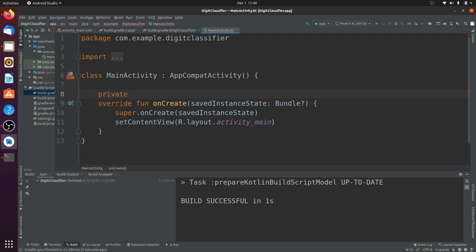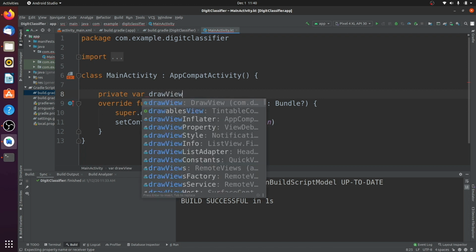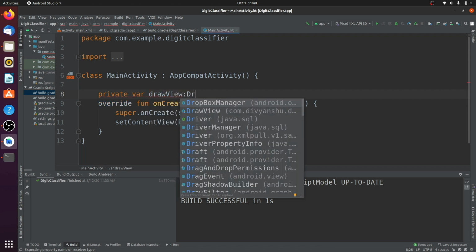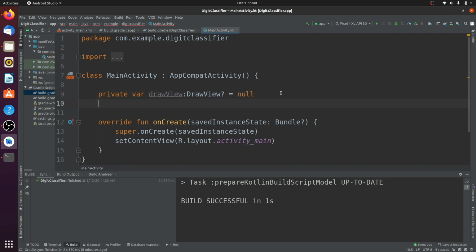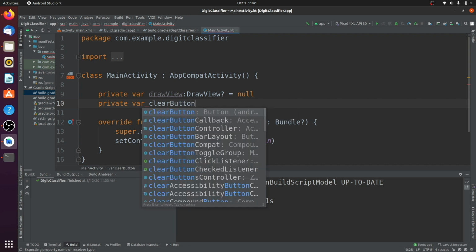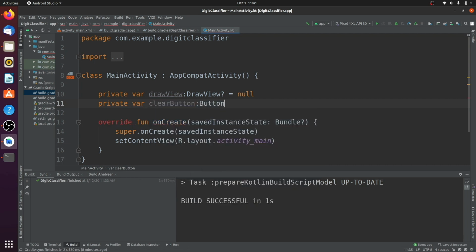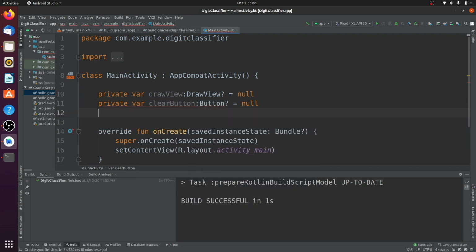So private var draw view, call it draw view. When it appears, always press enter because it then automatically imports it into your main activity. Otherwise, you have to do it manually, or you can press alt enter if it's showing red. Then you press alt enter to import it if you need to, but otherwise you don't. So